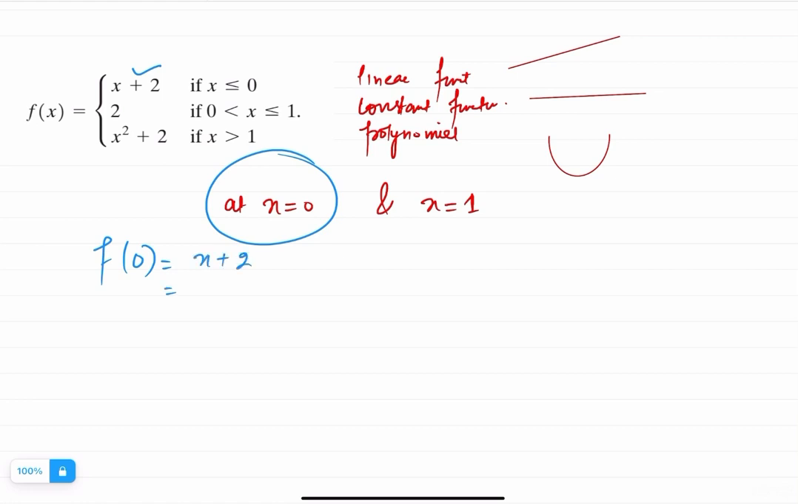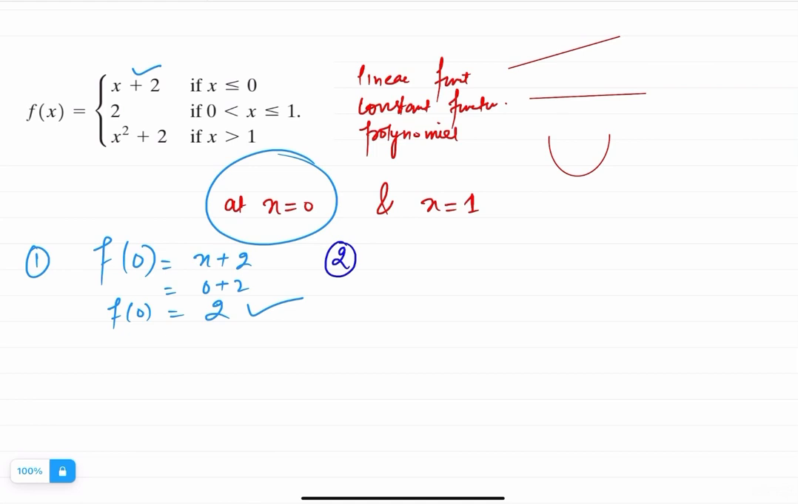And we will put x as 0. We're getting f of 0 as 2. That means the function is defined at x equal to 0. We are getting some output. When x equal to 0, we are getting some y value. First condition is passed. The second condition is,